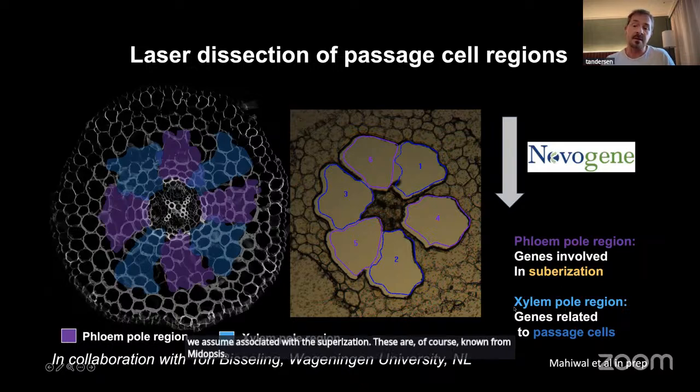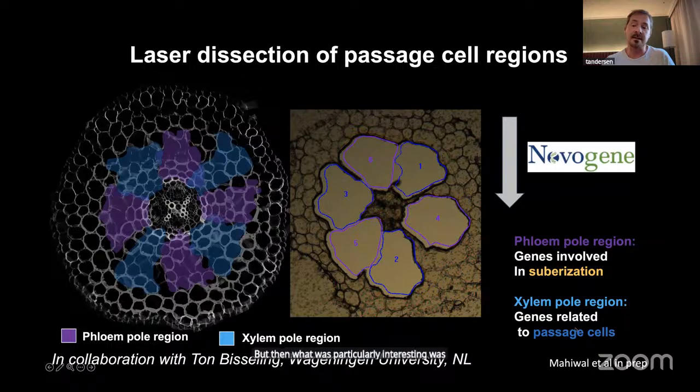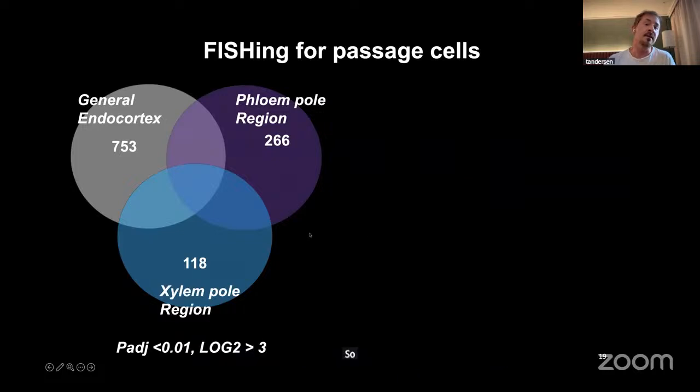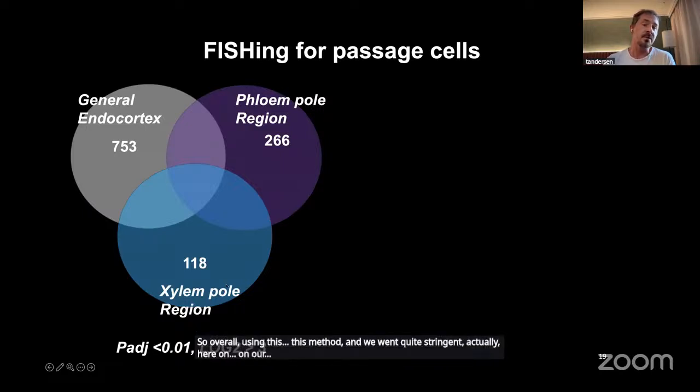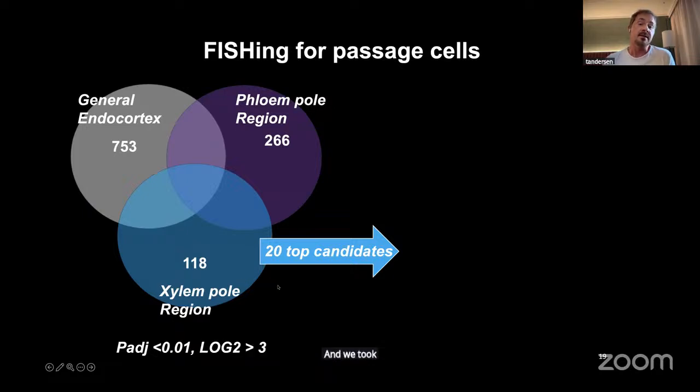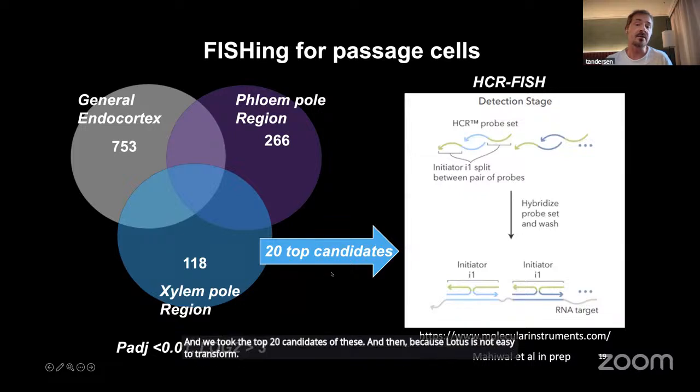But what was particularly interesting was to identify cells in the xylem pole and see if these were related to passage cells. Overall, using this method, and we went quite stringent on our threshold, we identified 118 genes that were specifically enriched in the xylem pole region, and we took the top 20 candidates of these. And then because Lotus is not easy to transform, we had to find another way to